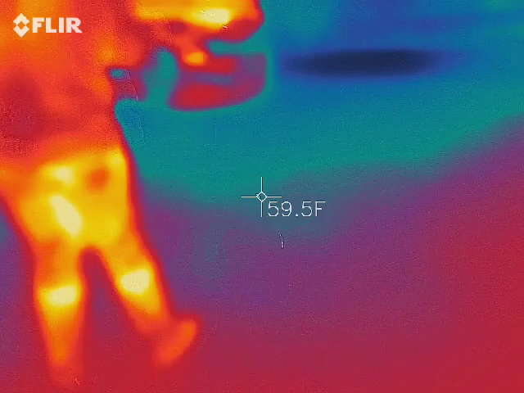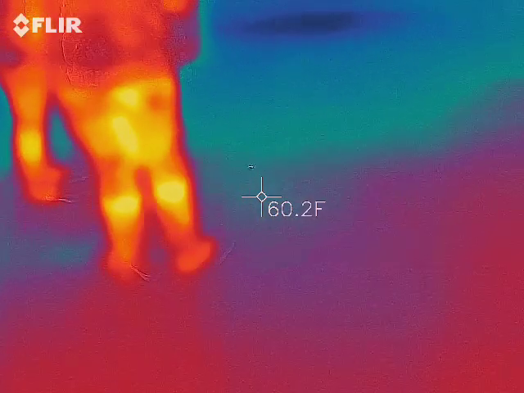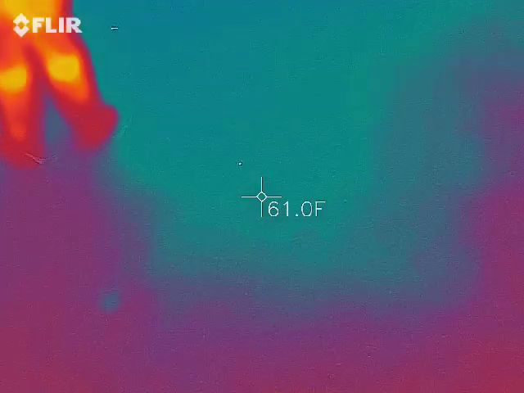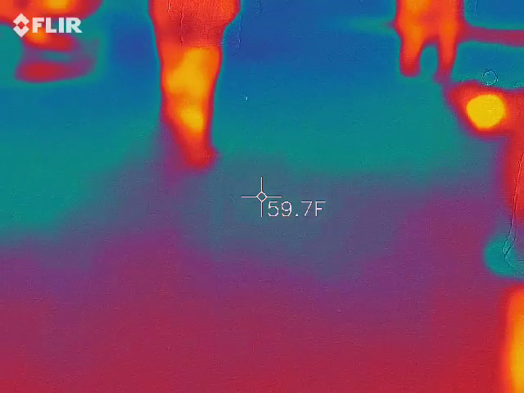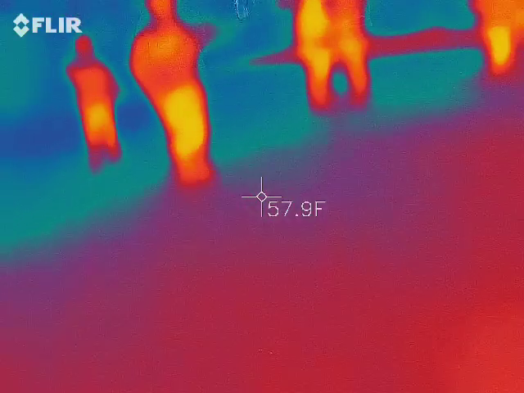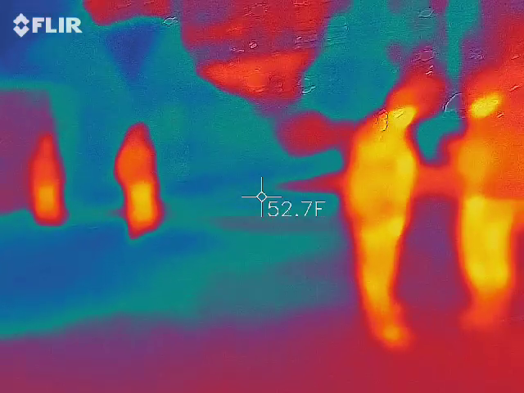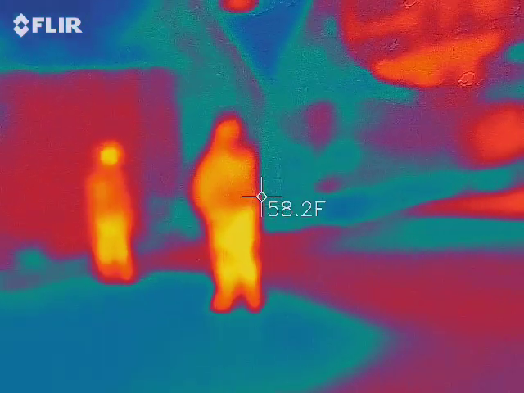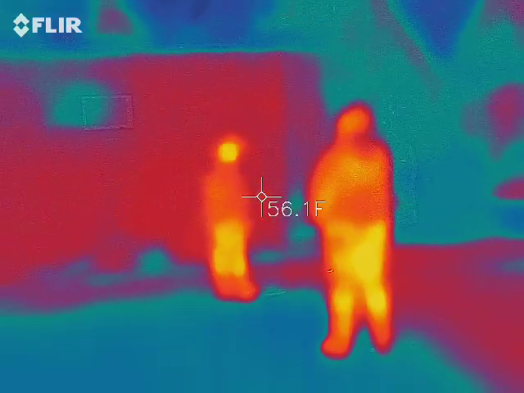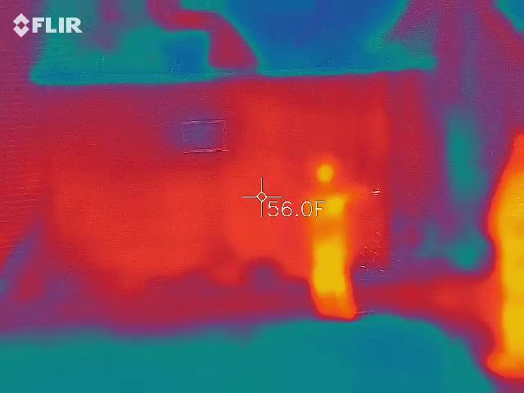Oh, by that red light. 55. 55 now. 56. 55. 55. 56. 51.8.